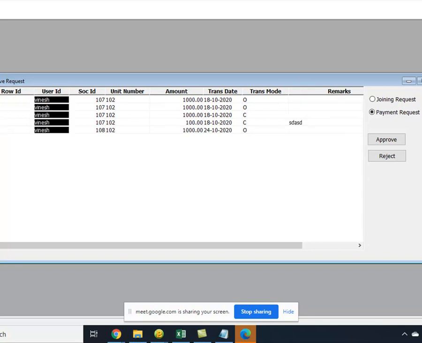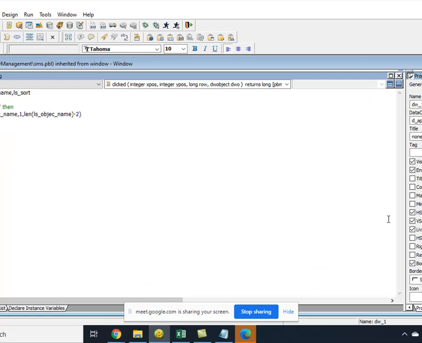See, PowerBuilder has given us, as I told you, a lot of things. Let's say you are a carpenter. You have a hammer, a plane, so many tools. And then you have wood. You can make a cot, a charpai, a bed, a window, anything whatever you want. So now you need to know where to take which tool and what to apply.